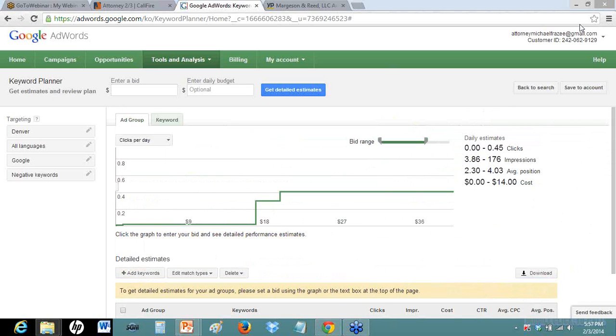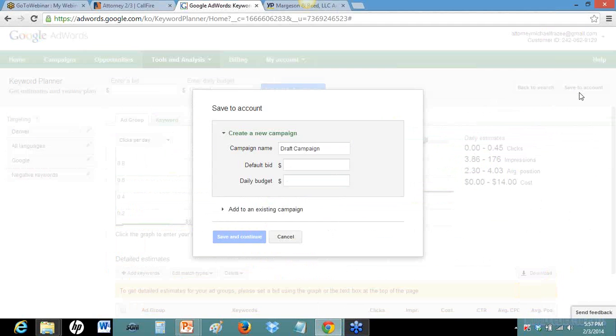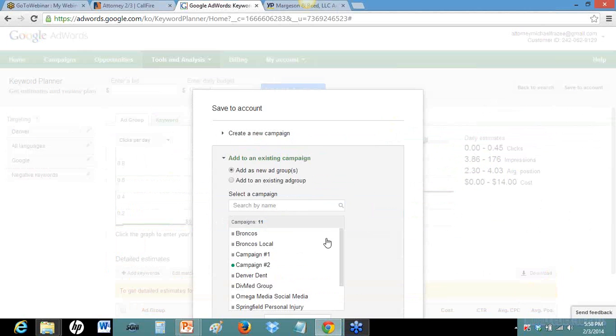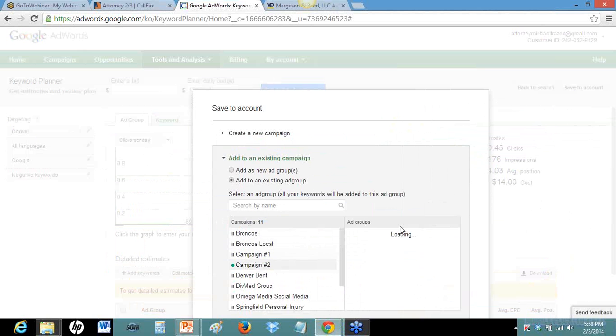So once you play around with that and see what you want to set your bids at, you can save those keywords to your account. So let's do attorney test. We'll just set up this new campaign here. We'll just keep it at our $20 a day, and we'll keep it at our $50 budget. And, oops, did I already set this campaign up? Yeah, it was this one here. So we'll add it to this existing campaign, actually. We'll add it to this one,